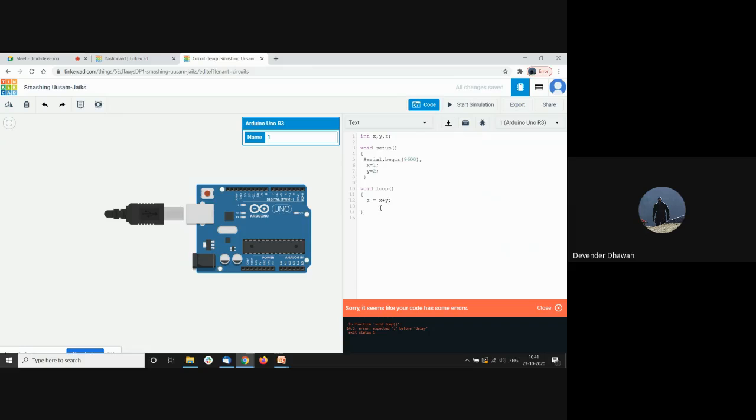In order to see the result, I will use this command, Serial.println. Then I will write z. Then obviously we can give a delay. This command is in milliseconds, so 1000 means 1 second. So it will just have the value here. These x and y will never change because they have been set here once, and in my program I'm not trying to change them. So if I run it now,